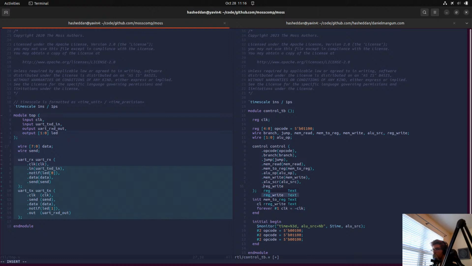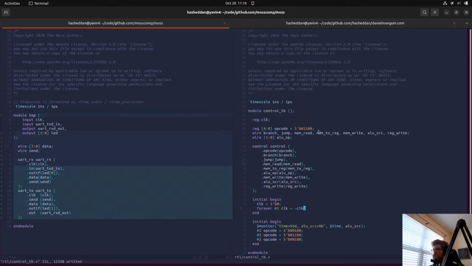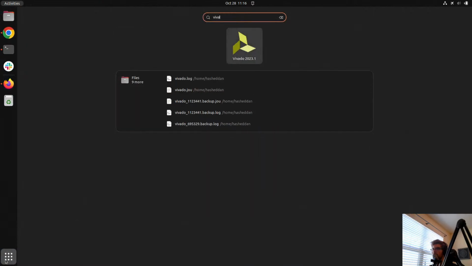Reg write. All right, and looks like our linter issue is gone now. So this was the test bench we wrote last time, where we were basically alternating between, I think it was add and add immediate, maybe. And I'll pull up Vivado here to get us going.